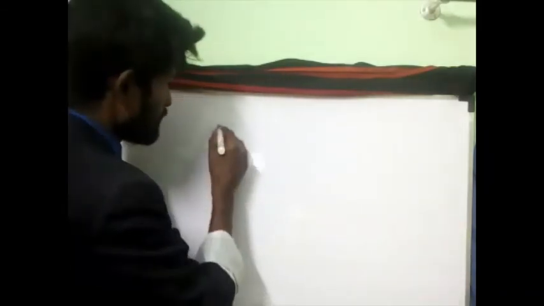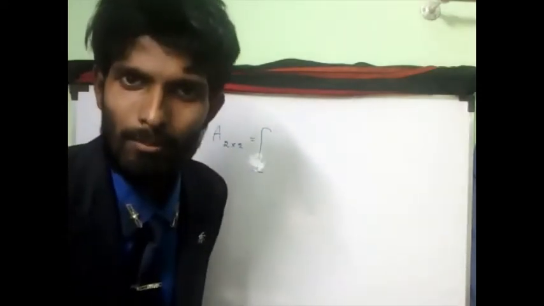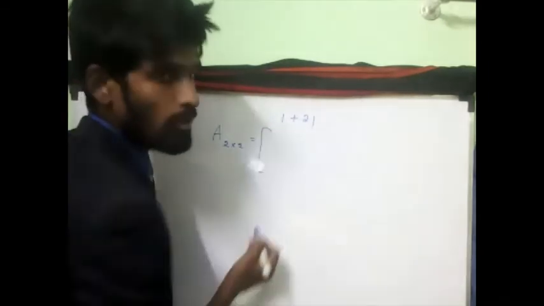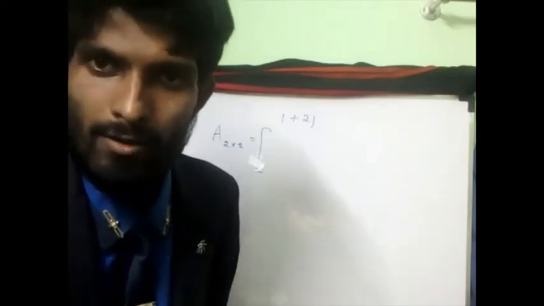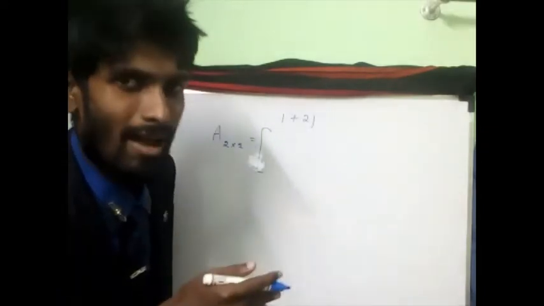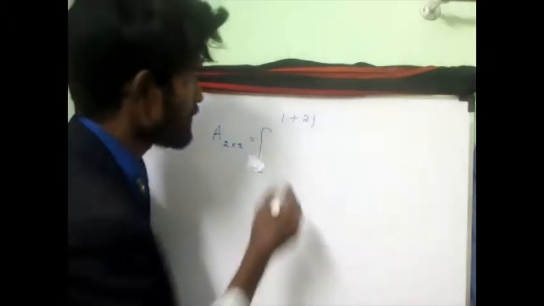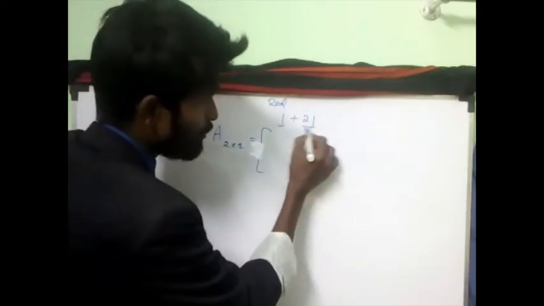Now another one, we want to see the complex conjugate of a matrix. So if I have A of order 2 cross 2, complex means real number and imaginary number. For example, 1 plus 2j represents a complex number. A complex number is a form of real as well as imaginary. The element which does not have j is real, which may be a natural number or a rational number. So this is called a real number, and this one represents